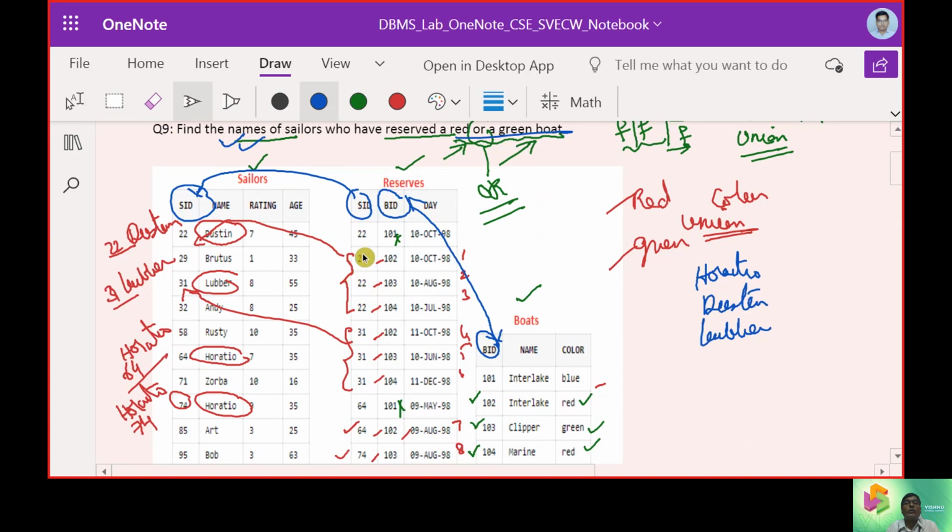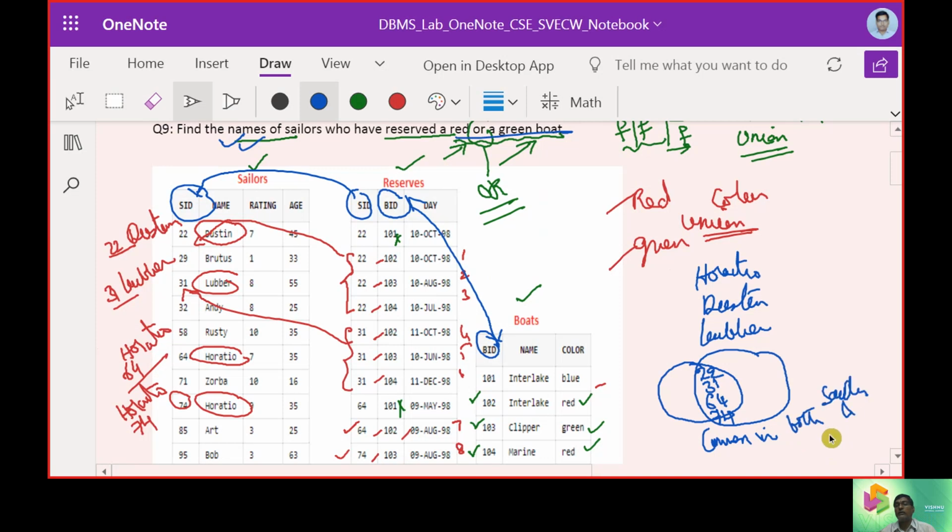Now we have a Venn diagram like this. You can assume 22, 31, 64 and 74 are common in both sailors and reserves.